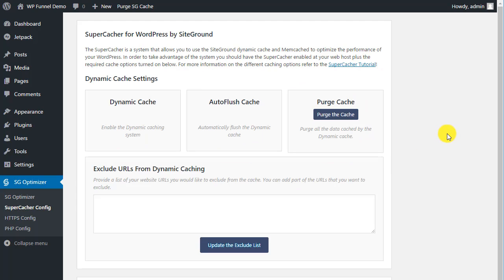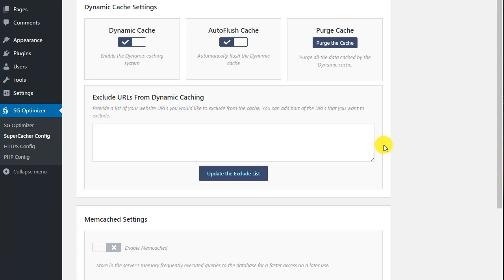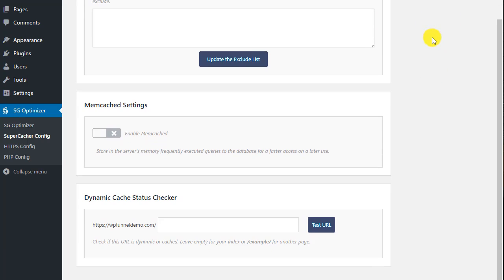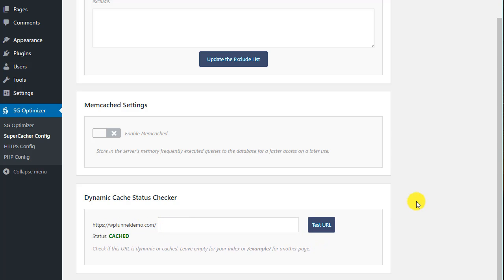We can come over to Super Cacher and double check that the settings are now on. We have dynamic cache on, auto flush cache is on, and if you wanted to manually purge it right now, you could. Now to verify that it is on, we can come down here to the Dynamic Cache Status Checker. And here you can do a test URL to see if it's enabled. And we can check out this URL. Now if you had another page, you can put a name in here. Otherwise, you just use the base page and you test URL. And it comes back as cached, which means that now we've turned on our cache,